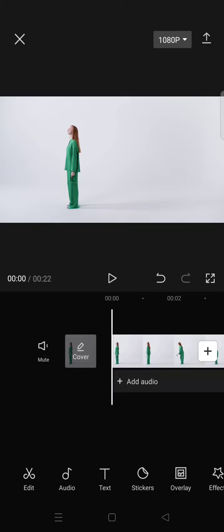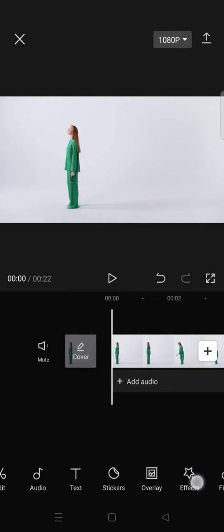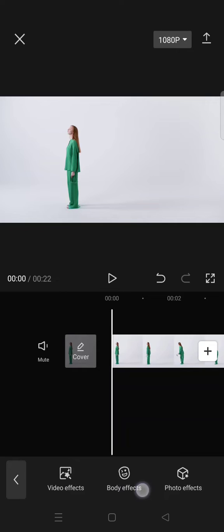So on today's tutorial, I'm gonna show you how you can easily add this body chromatic diffusion effects to your videos in CapCut. So first, just add your clips to CapCut and make sure that the body parts are visible, and then after that just go to the effects, click on the body effects,